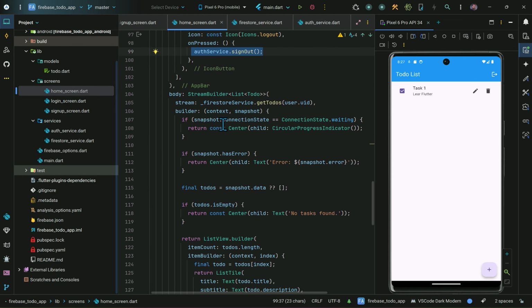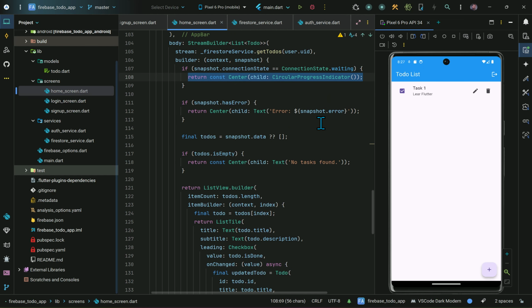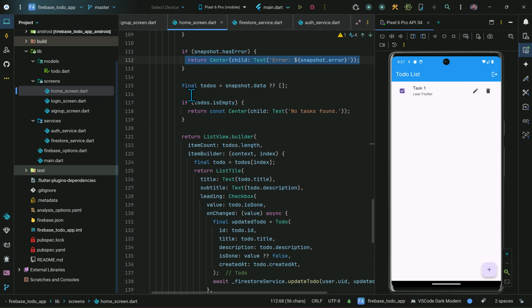Another one is the stream, but this time the stream is not the auth stream. This one is the Firestore stream, which is related to the task adding to Firestore, or deleting or updating. So we are getting that information. If the connection state is waiting, then it just displays a circular progress bar. If the snapshot has an error, then display an error message. Other than that, if nothing,